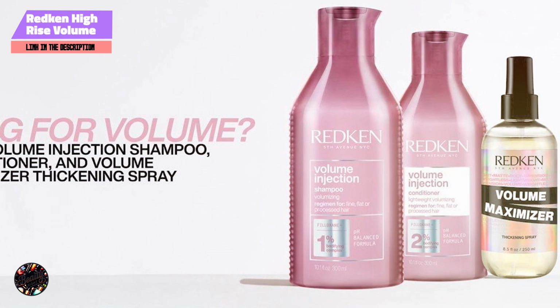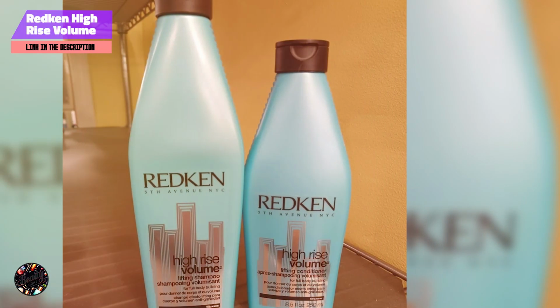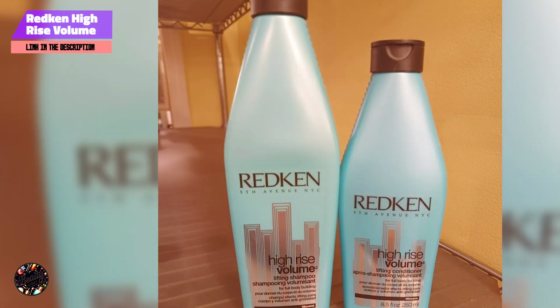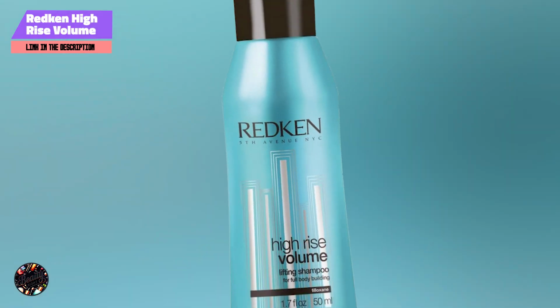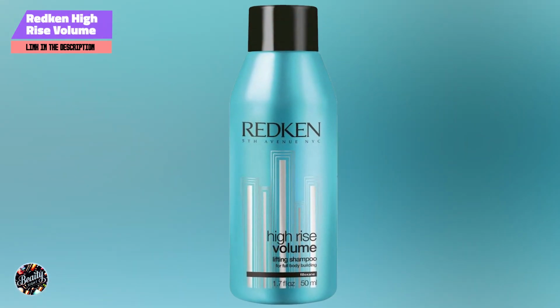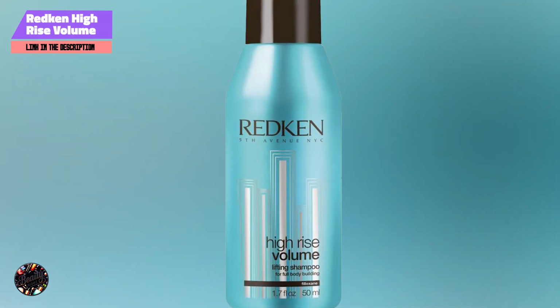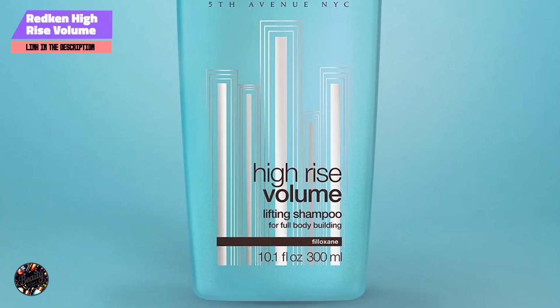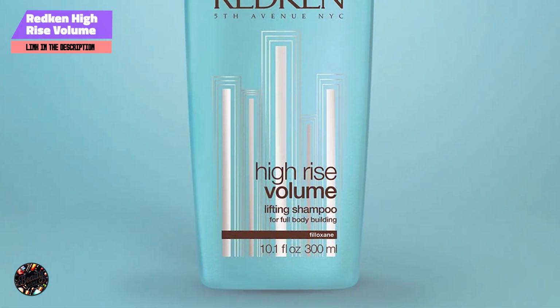Durability: the 10.1-ounce bottle usually lasts around 2 to 3 months with regular use. Its efficient formula and moderate price point offer excellent value for those looking to boost volume and fullness in their fine hair. Finding the right shampoo for fine hair can transform your daily routine, giving your locks the volume and